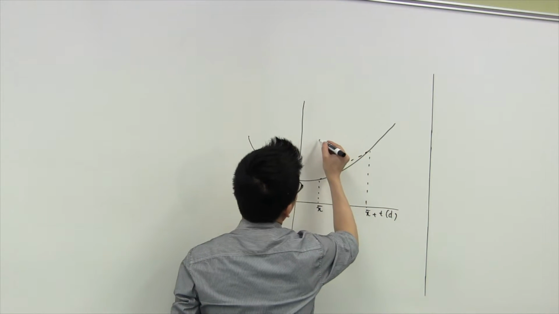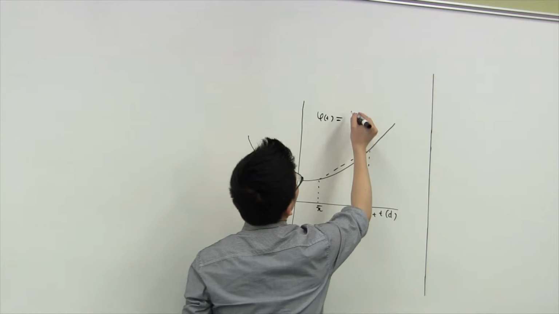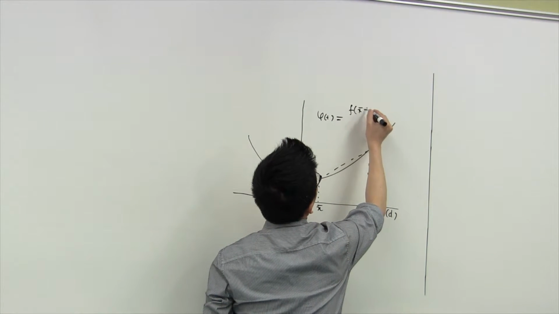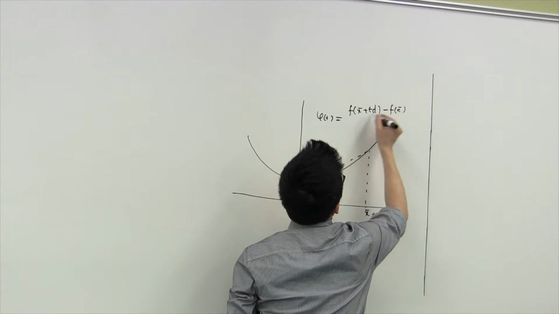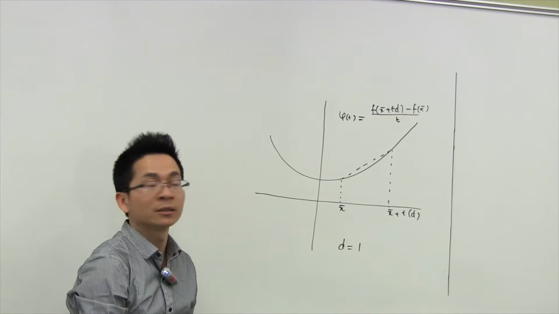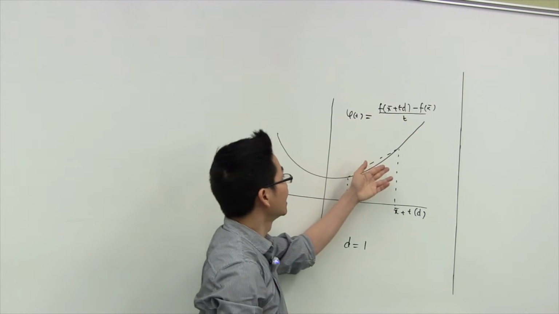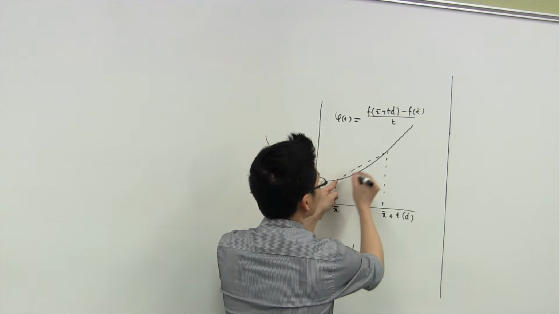Then phi of t is f of x bar plus td minus f of x bar, divided by t, and remember that here d is equal to 1. So phi of t is actually the slope of the secant line connecting this point and